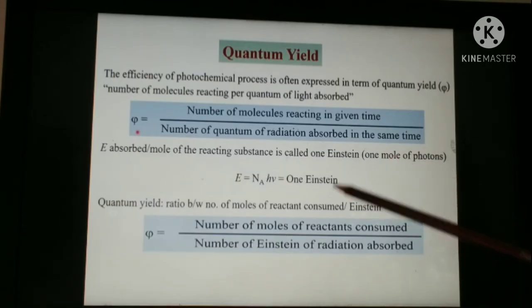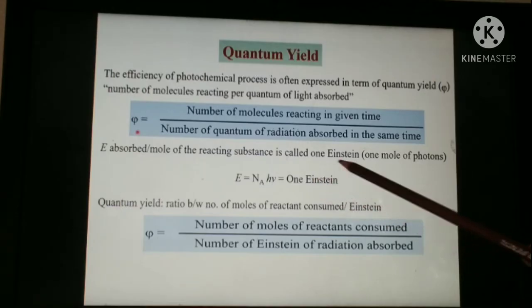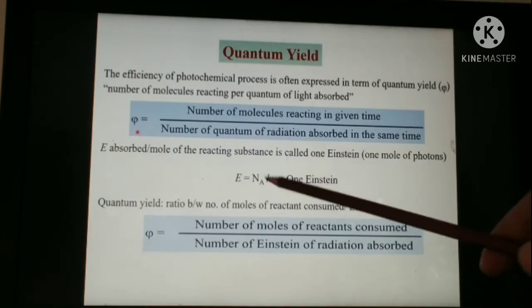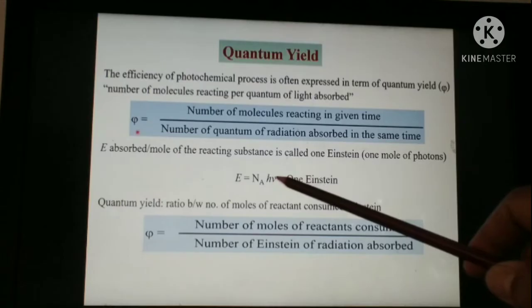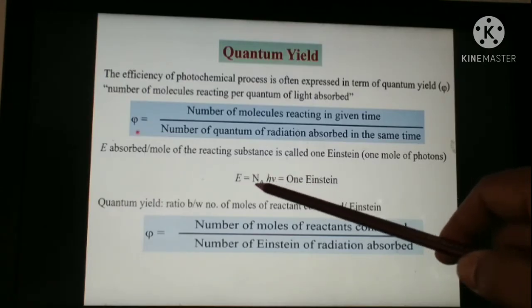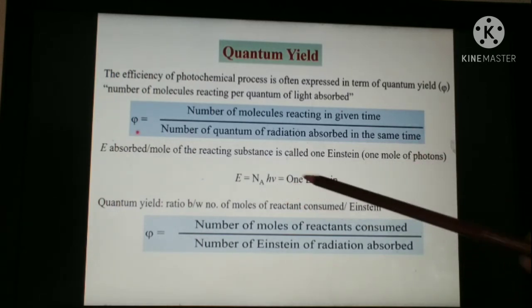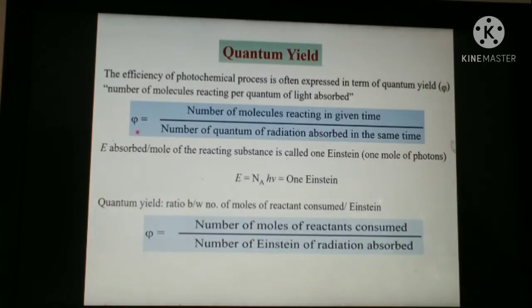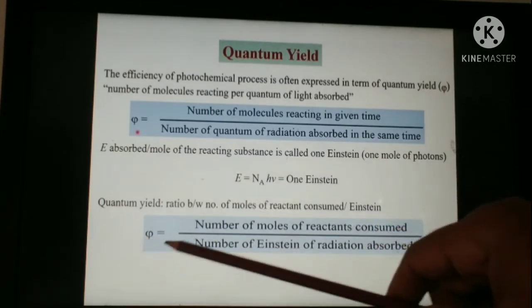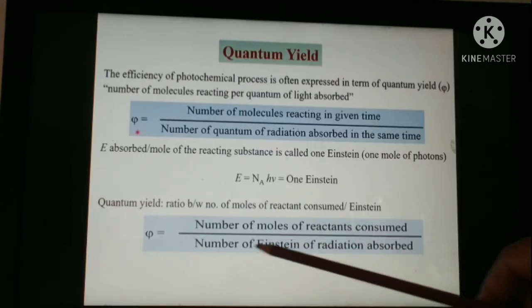of photon. You can say 1 mole of the photon will excite 1 mole of the reacting substance. So N is the moles of the photons. So 1 mole of the photon we call 1 Einstein. So quantum yield is the ratio between the number of moles of reactant consumed per Einstein. So this quantum yield is equal to the number of moles of the reactants consumed divided by the number of Einstein